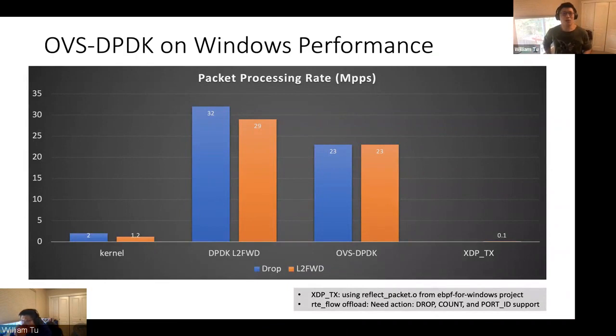So on the y-axis is the packet rate, in million packets per second. So the first one we see is kernel. In the case of kernel, for just simply dropping the packet, I got 2 million packets per second. For basic forwarding, I got about 1.2 million packets per second. For the DPDK L2 forward example program, it's showing much better. It's showing 32 for drop and 29 for forwarding. That's the DPDK